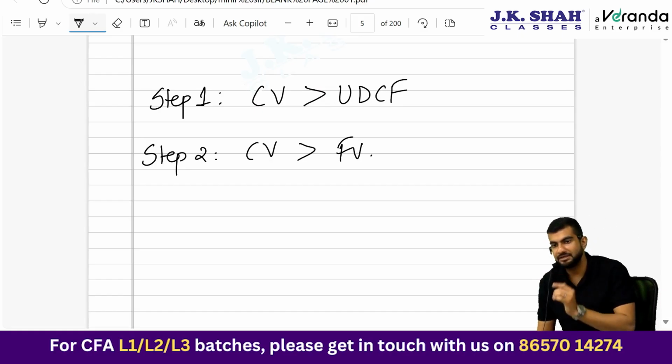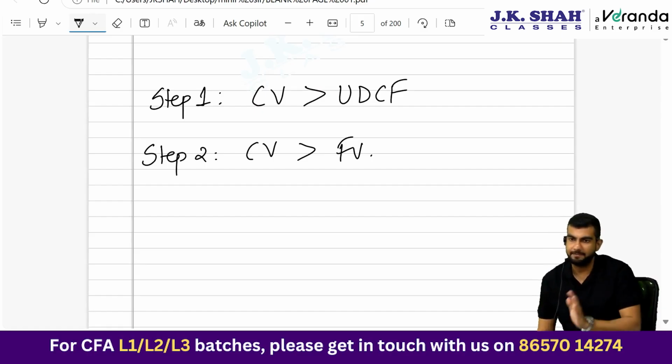Please let me make one thing very clear. You only take fair value in step 2 and not the NRV. They might give selling cost and all to confuse you. Please don't get confused. Okay, fine. If there exists a case of impairment in US GAAP, yes, I will impair it.